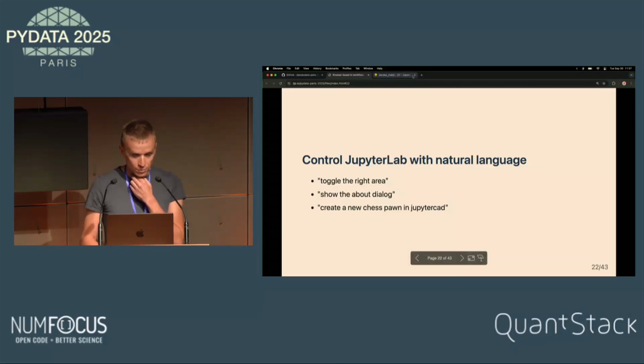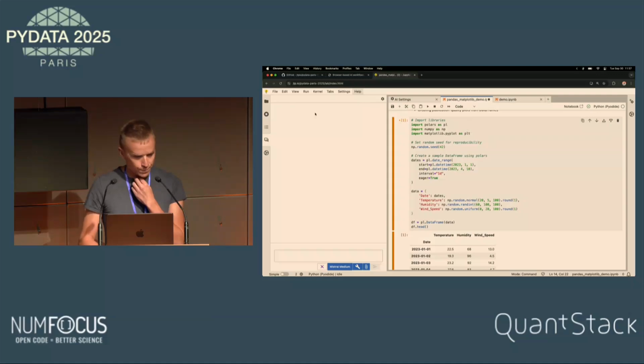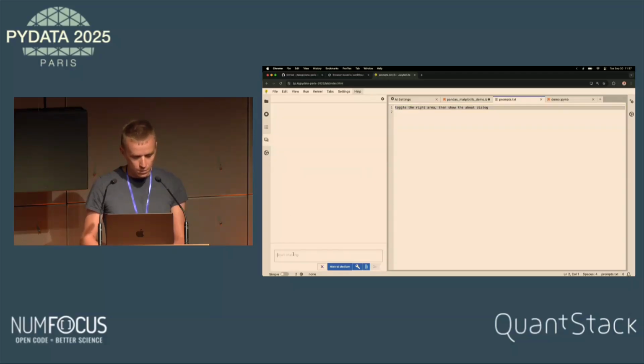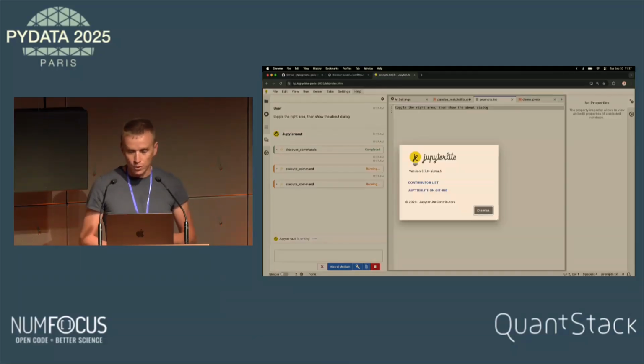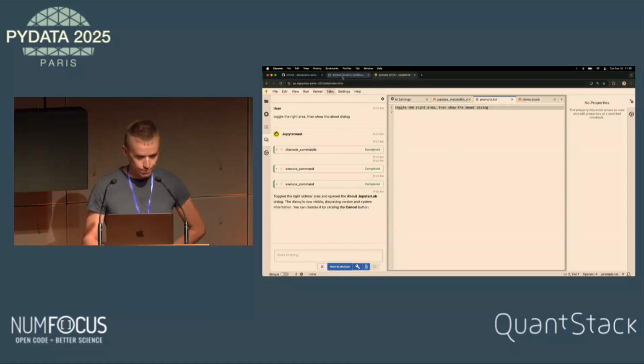Now if you want, you could also say, toggle the right area and show the about dialog. Both are controllable via command, so it just discovered them and executed them.